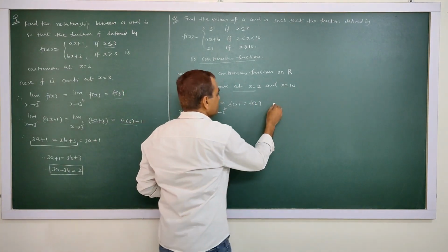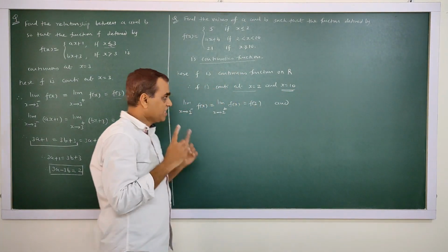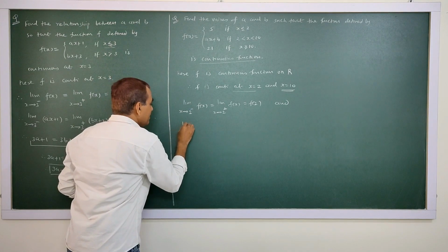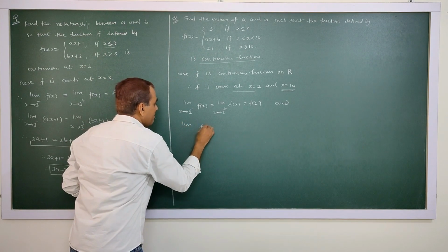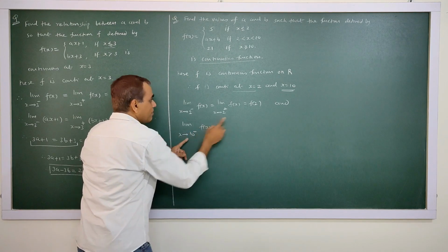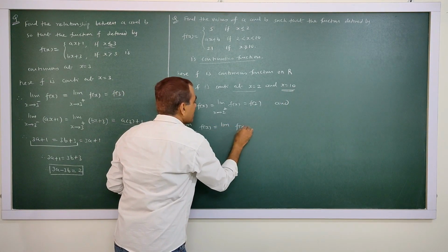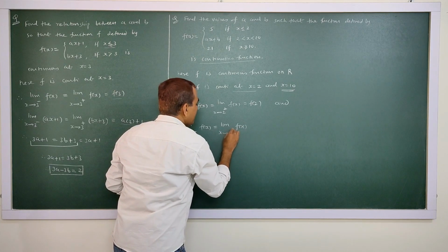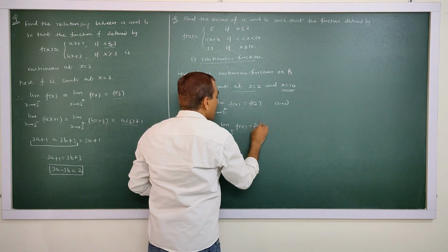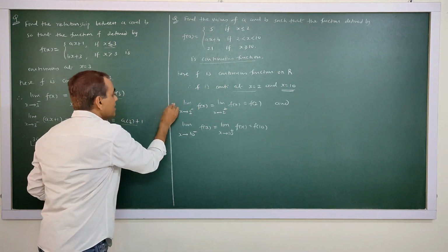And for 10, the statement will be: the limit of f(x) as x tends to 10 from the left side equals the limit of f(x) as x tends to 10 from the right side, equals f(10). Therefore,